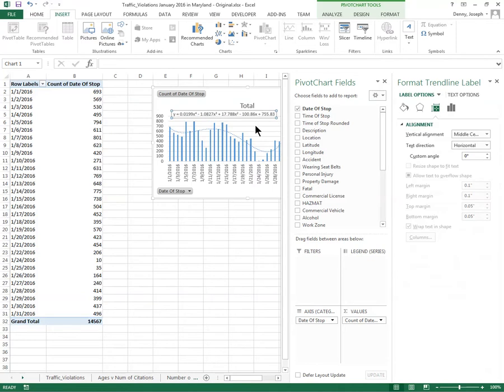And so that might be your equation simulating what's going on. And so it's quite interesting too that at the end of the month there was less tickets given out. Maybe they met their quota for the month and so there wasn't as big of a need. Maybe officers were busy doing other things. Okay, so